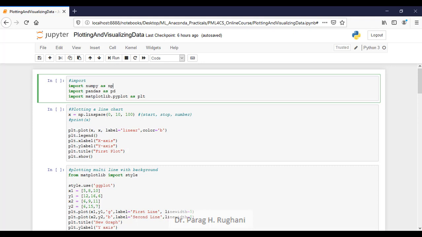In the last video, we discussed the data, how the data can be seen and interpreted. In this video, we will be focusing on plotting and visualizing the data. When you are working with a high amount of data, it is always better to see how the data is distributed and how it looks before you start processing the data.